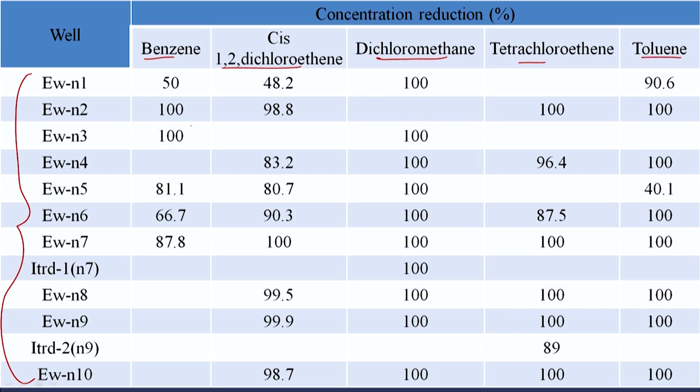So, typically, let us say for benzene, for some particular reason, in this particular well we have both 1,2-DCE and benzene removal slightly lesser than expected or desired. And let us say we see that dichloromethane, tetrachloroethylene and toluene, which are considerably volatile, show considerable or 100% removal, and maybe not as much for 1,2-DCE and benzene. So, what are some of the aspects that can lead to such partial removals?